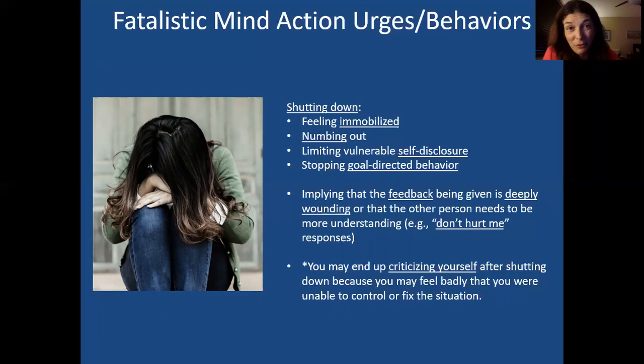Another thing that's related to this too is what they call a don't hurt me response. More about this later in another lesson for radically open DBT. But the don't hurt me response is kind of like making the other person feel bad for criticizing you, like, oh, look how much you hurt me now. Look how upset I am because of you. It's all your fault because you didn't go along with this. You're really tearing me up and that's terrible. And you're such a bad person, right? And that kind of thing. So you're putting out signals that make the other person feel bad for hurting you. Okay, so you're not staying strong, you're not standing your ground,